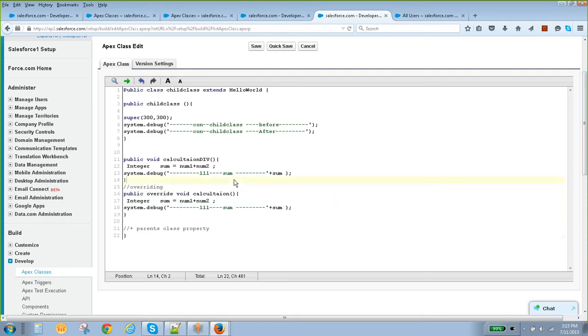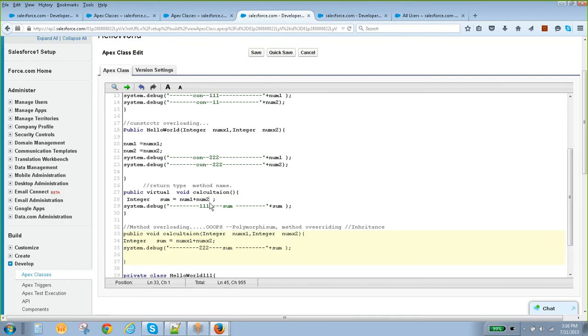What will happen if you create this object? You know, right? This is straightforward. It is accessing the hello world class method only. Correct? This one we will call method overriding. If you create an object from hello world, object dot say calculation, it is calling the hello world method. It will call the inner class method, where hello world.